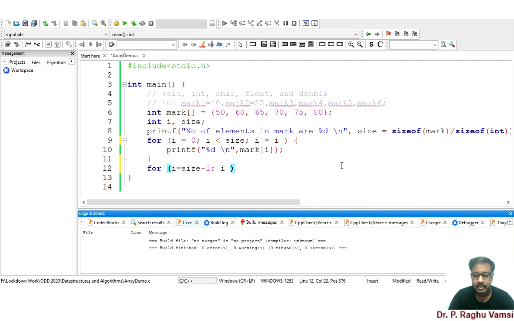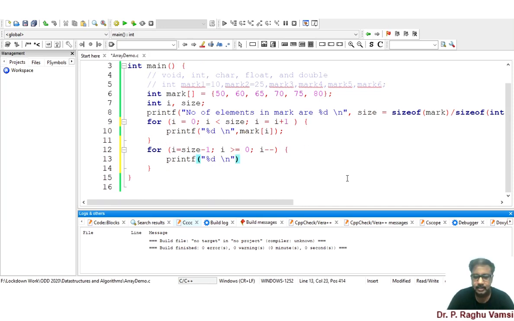Because we are starting from size minus 1, we should give i greater than or equal to 0. i minus minus, you may use i minus minus, or i is equal to i minus 1. Previously we have given i is equal to i plus 1. Like that, you can also give i is equal to i minus 1, comma, mark of i. So what it will do is print the elements in the reverse order, that means from the 5th index to the 0th index.